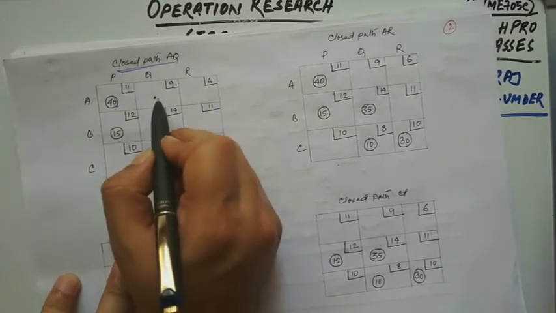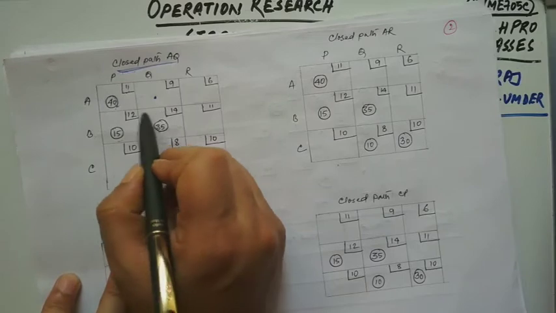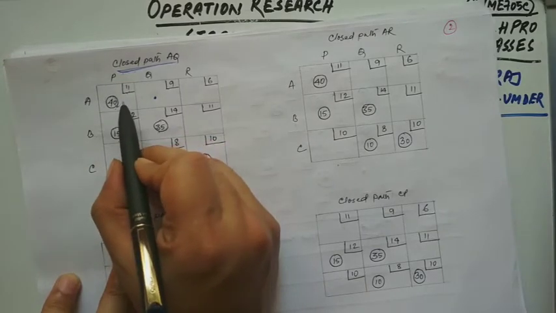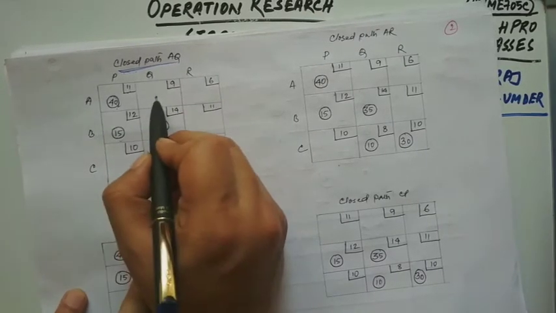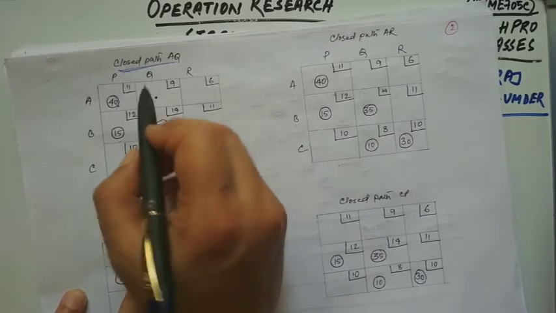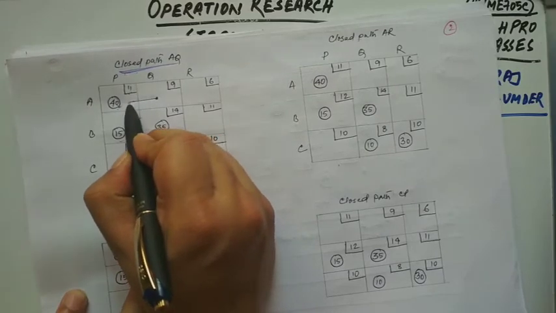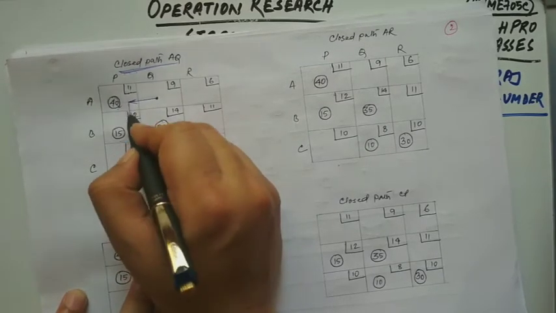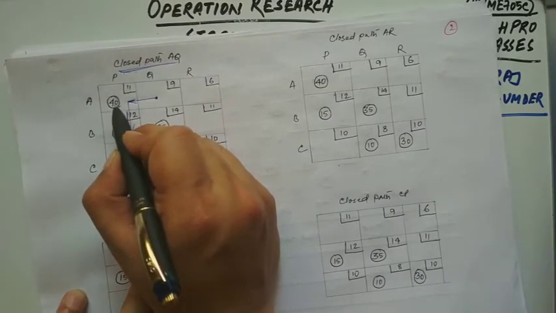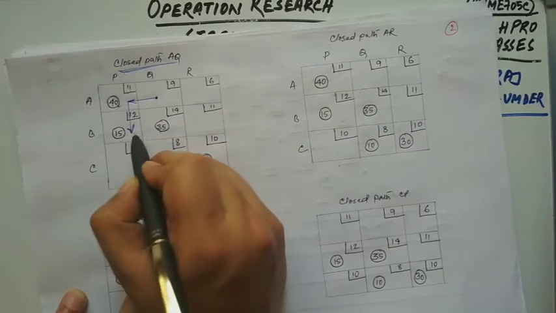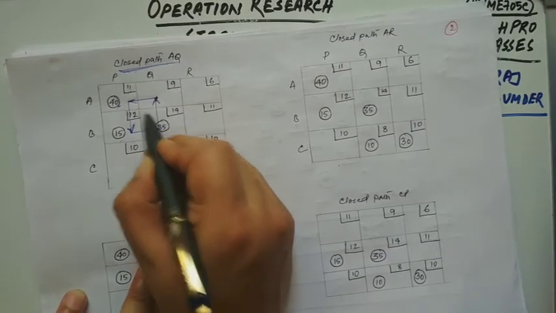We start making a loop, and we have to keep in mind that we go through allocated cells, and we are allowed to take a turn only in the allocated cells. First we make a horizontal or vertical line, whatever you want. Let us make a horizontal one. From here I go there. This is a horizontal line. Since this is an allocated cell, I can take a turn. This is also an allocated cell, so I can take a turn. And we have to close the loop. So this is the loop.